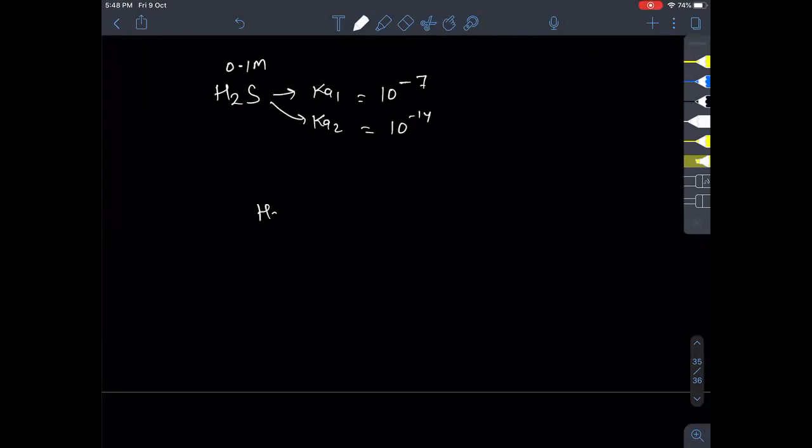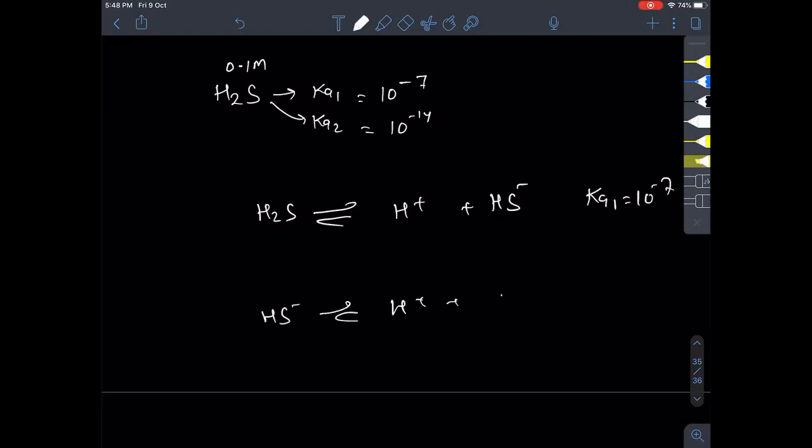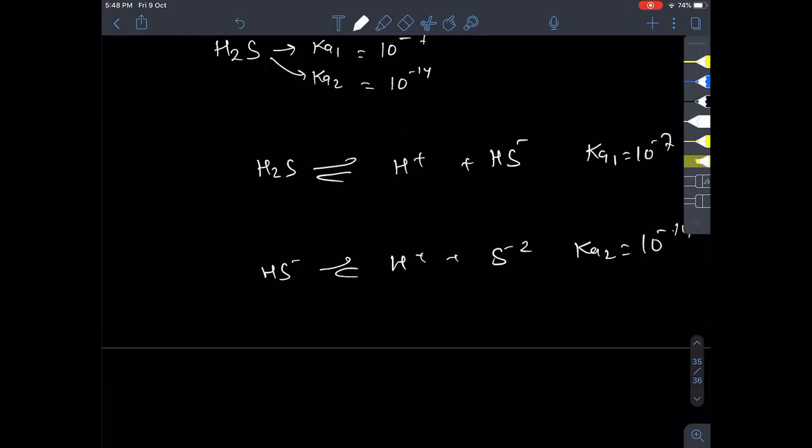So very simple. The moment it comes to pH, then as I told you, you are supposed to simply look at the very first reaction. There is no need even looking at the second reaction. If you wish, you can go, but there is no need. So this will be simply 10 to the power minus 14, which I wrote.